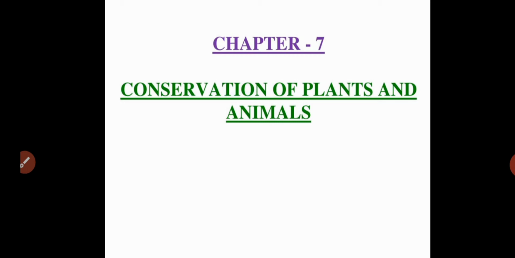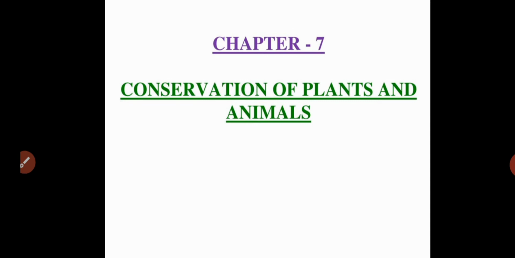So, how to conserve the plants and also animals? Why do we have to conserve the plants and also animals? How does deforestation actually take place? What is a national park? What are wildlife sanctuaries? You have to know one by one. So other information is also there in this lesson. That is what we call conservation of plants and also animals.